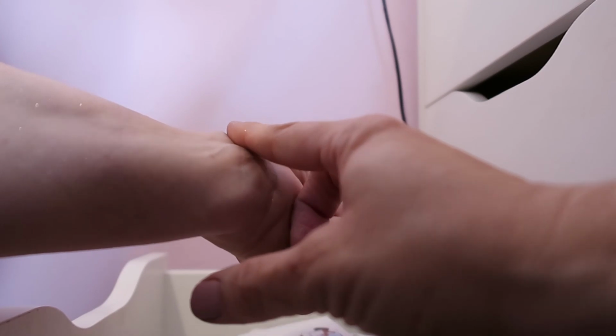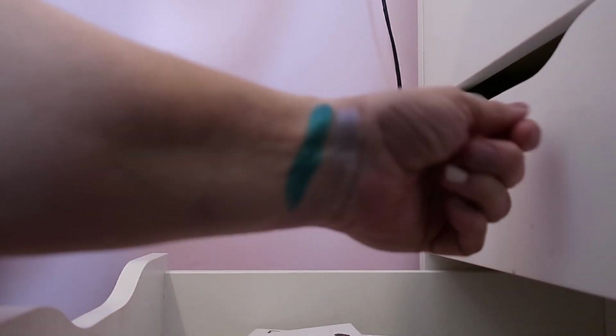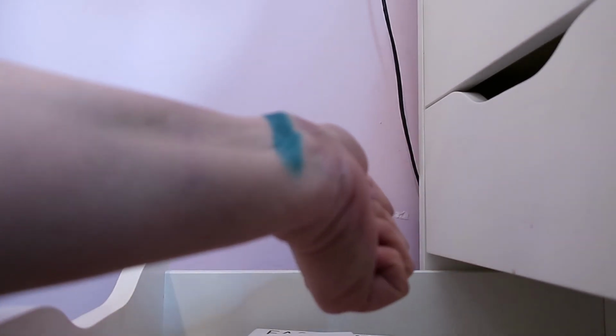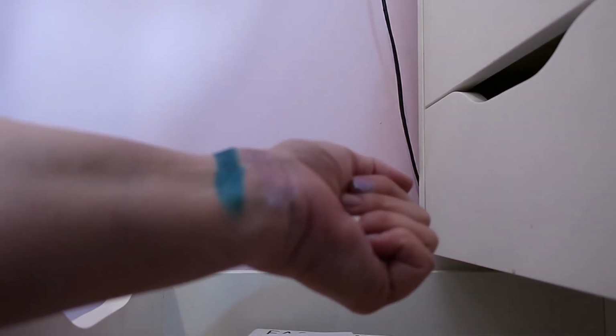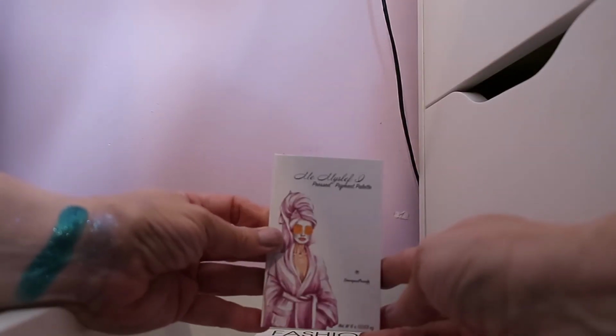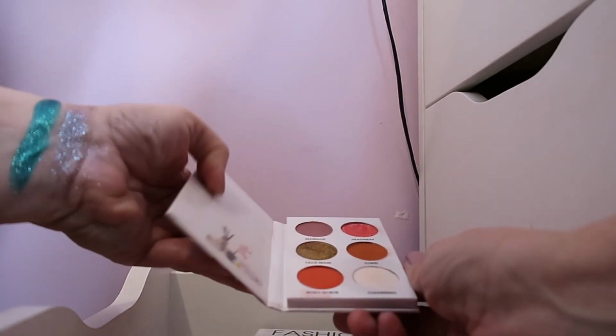Let's just swatch here a few shades. You can see how gorgeous these are. Very, very creamy, buttery. That's the word. Very, very buttery and creamy. Love it. And next one, this was Bubble Time. There's also Me, Myself and I. This one is Me, Myself and I, which is more of